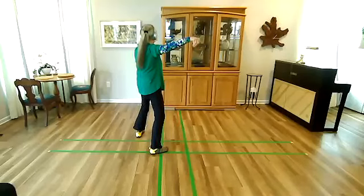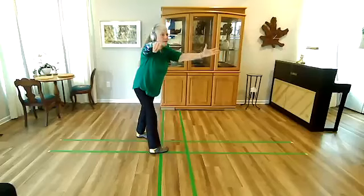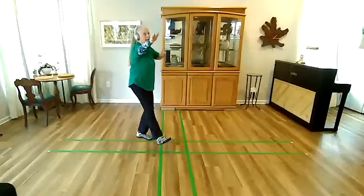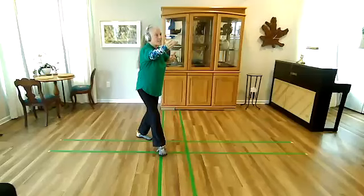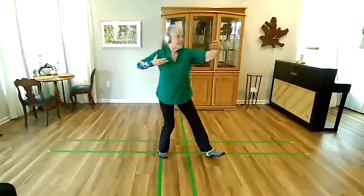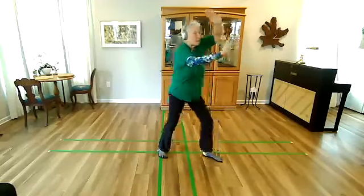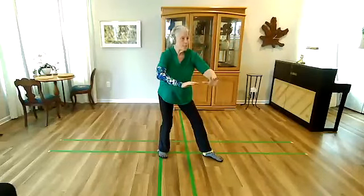All right, so number 1, shifting back. And number 2, open your hook, shifting back. Step, rotate, close, step, separate, and strike. Nice. Number 2, shifting back, pushing down,